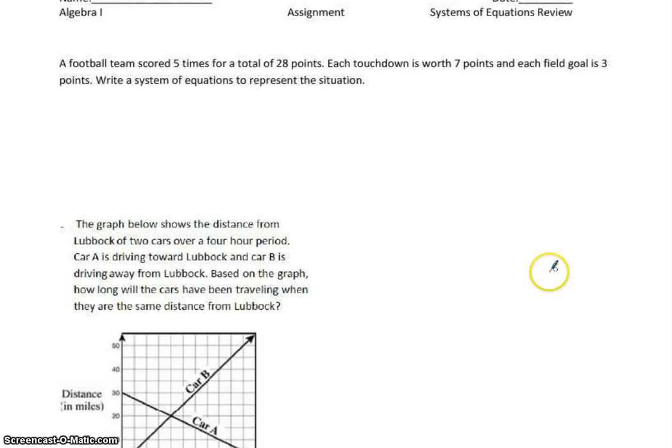The football team scored 5 times for a total of 28 points. Each touchdown is worth 7 and each field goal is 3. Write a system of equations. Once again, you don't have to solve, you just got to set it up. The two things happening is you can have a touchdown or you can have a field goal. So we're going to say